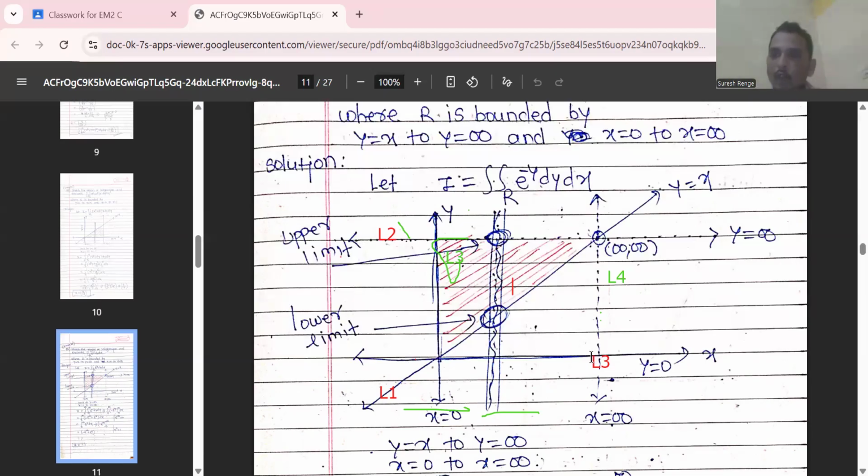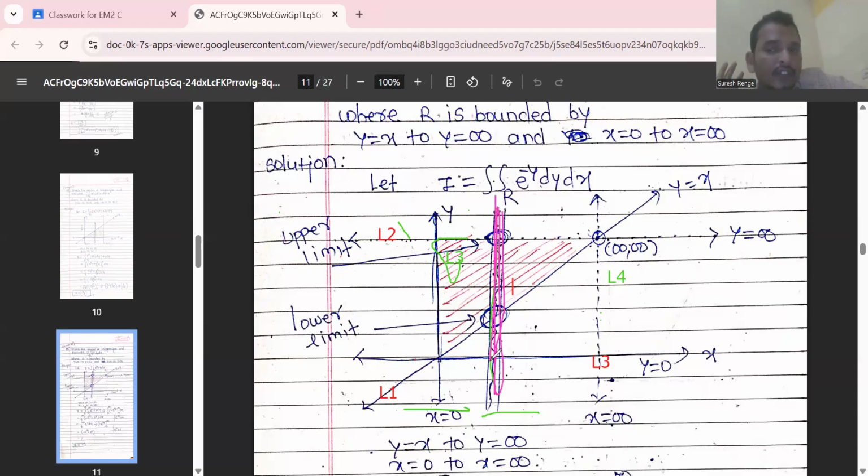ओके, दिस इज स्केच ड्रॉ किया है, और स्केच ड्रॉ करके यू आर फ्री टू फाइंड द लिमिट। लिमिट फाइंड करने के लिए आप फ्री है। एक्स एक्सिस को स्ट्रिप पैरेलल करो या वाई एक्सिस को स्ट्रिप पैरेलल करो, यू आर फ्री हियर फॉर दैट। स्ट्रिप किधर भी पैरेलल करने के लिए यू आर फ्री।